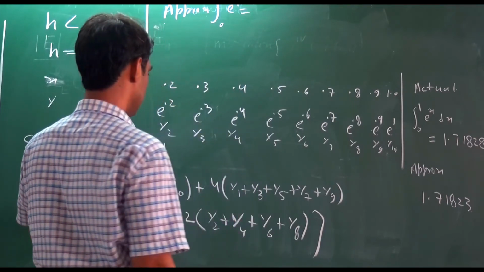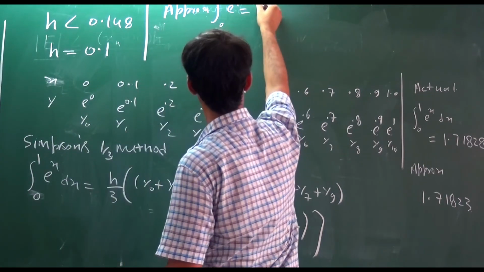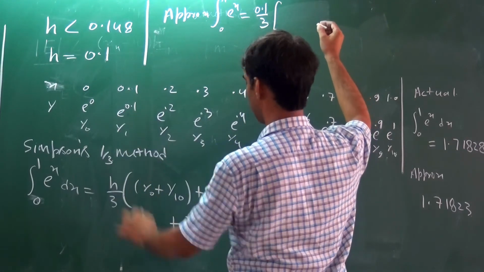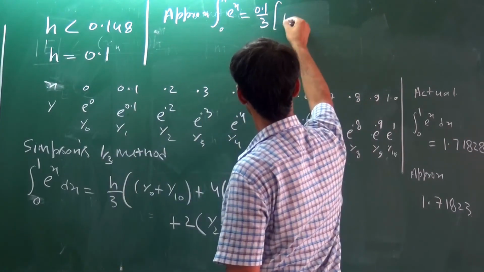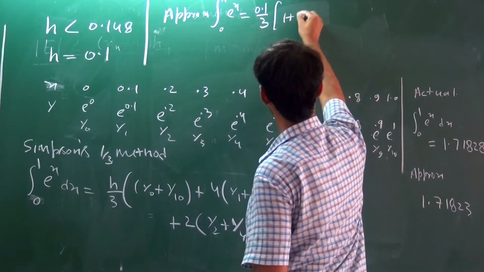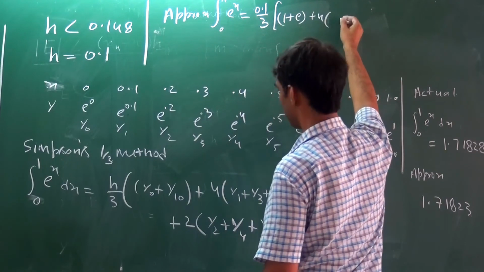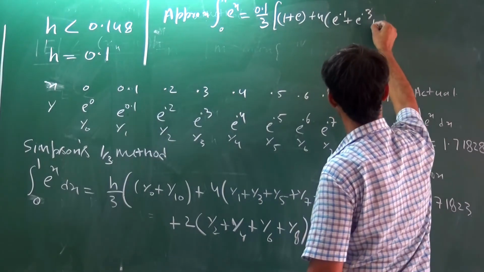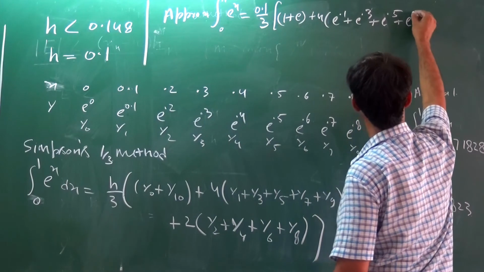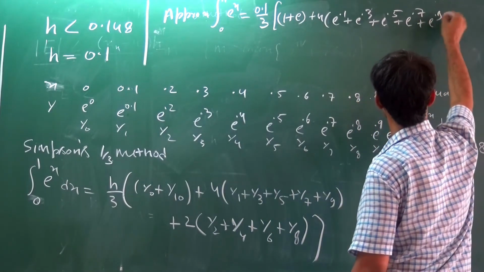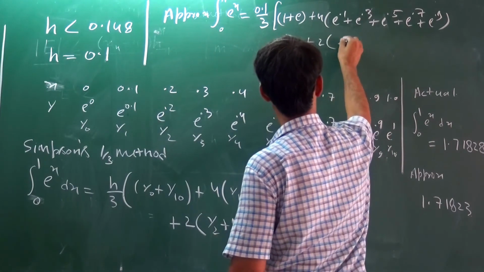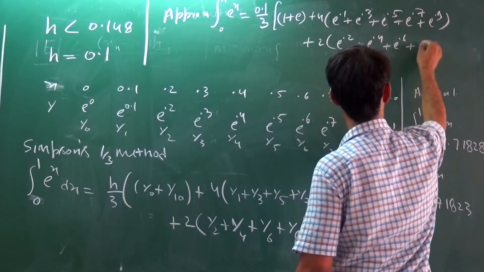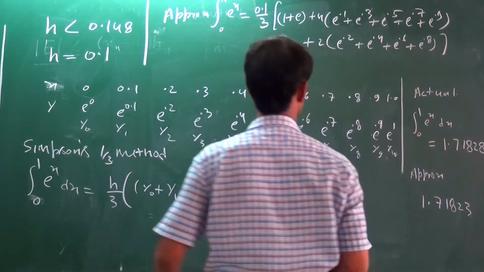Here we put these values. h by 3, where h is 0.1 by 3, in bracket y0 is e to power 0, that is 1, plus y10 means e, 1 plus e, plus 4 times of e to power 0.1 plus e to power 0.3 plus e to power 0.5 plus e to power 0.7 plus e to power 0.9, plus 2 times of e to power 0.2 plus e to power 0.4 plus e to power 0.6 plus e to power 0.8. After simplification we get